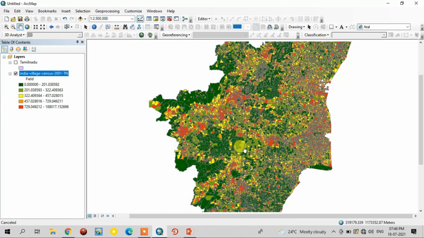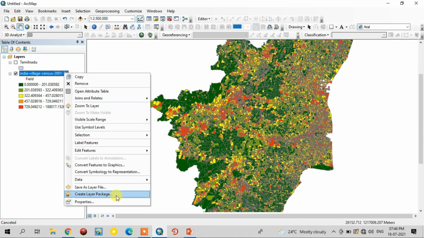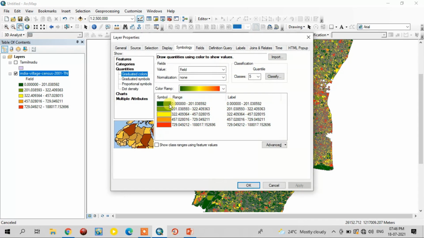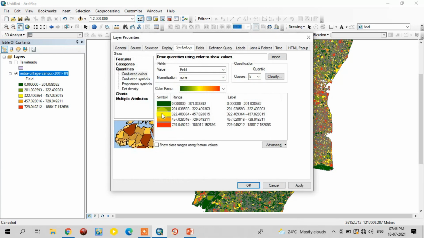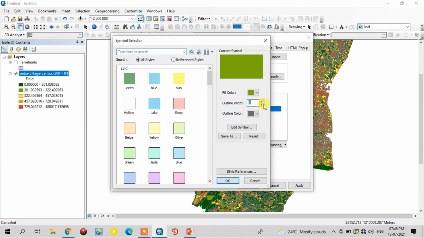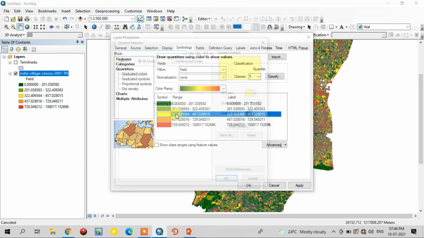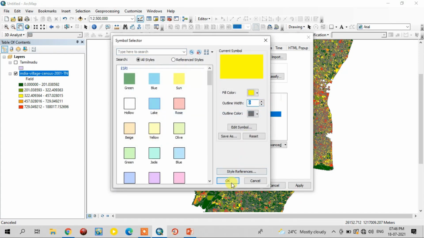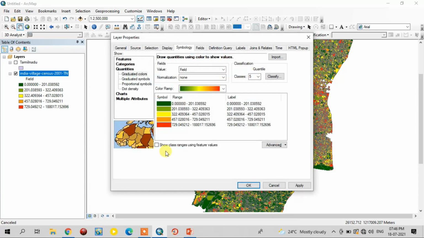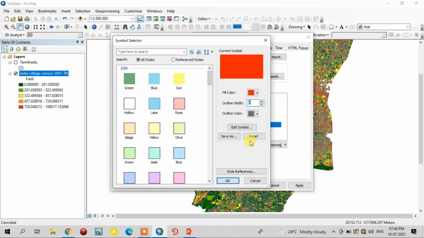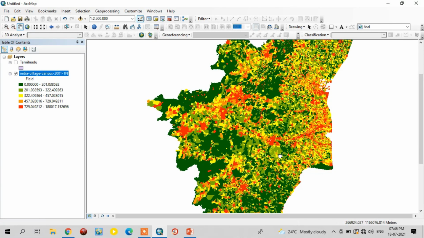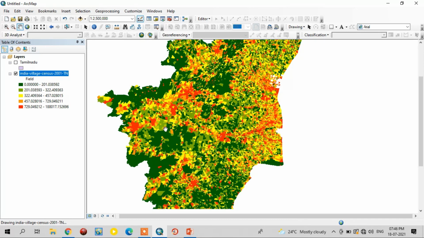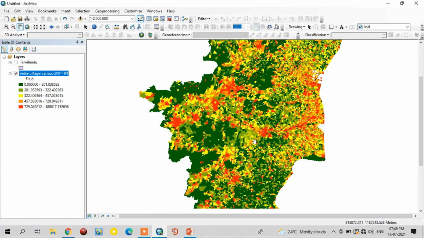See, if we remove the outline width, we can get the clear view. Wait a minute. See, this is the population density map.